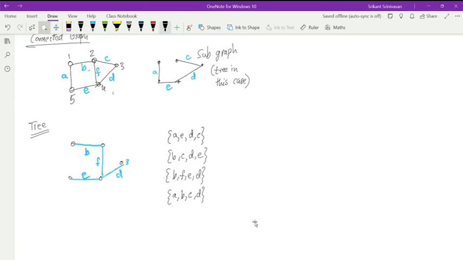Yes, exactly. So if I have 2 nodes, then the shortest path is 1. Now if I want to add one more node, then I can either connect this or I can connect this. Any one is possible, but I need one more branch. But for the tree, I need any one connection. So whenever I have n nodes, the tree will have n-1 branches.